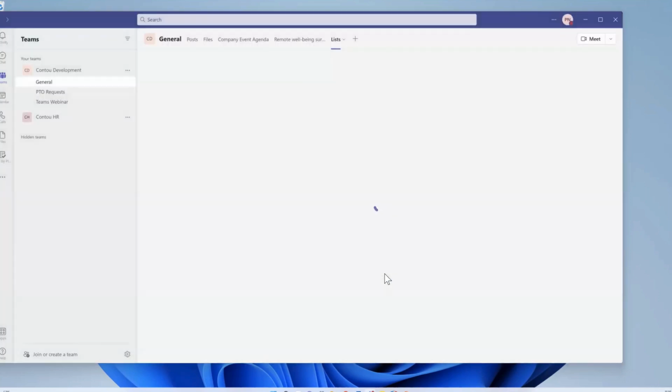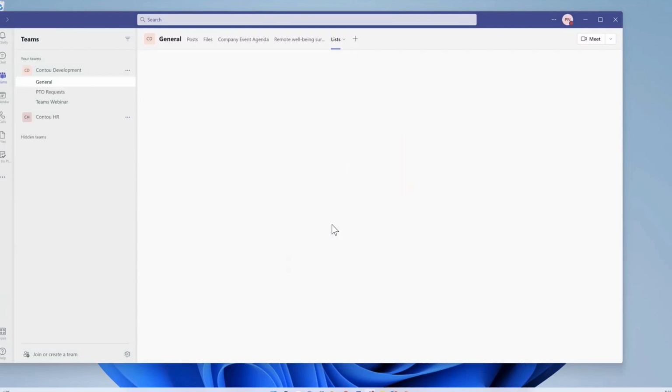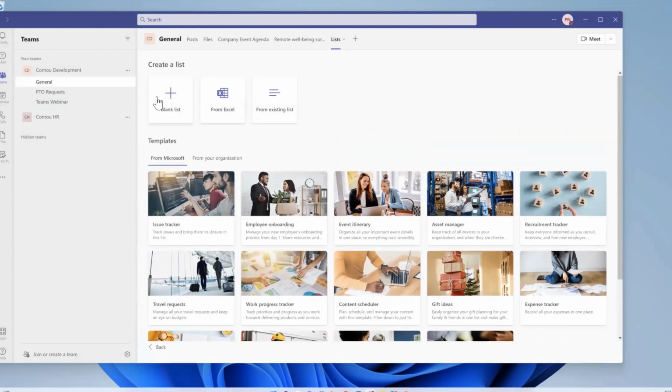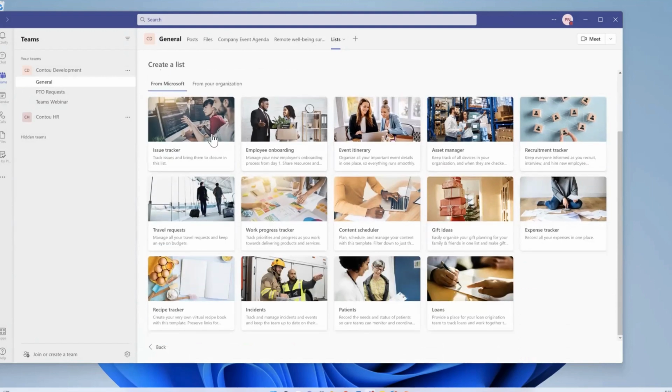And now the next thing it's going to ask me is, am I making a new list, or am I adding an existing list that I maybe have created previously? Because you can have the same list appear in more than one place if you want to. But in this particular case, I'm going to create a new list. And one of the first things it does is says, okay, start from scratch, bring something in from Excel, or maybe copy an existing list and modify it. That's fine. Plus, I have these templates here that if I wanted to, I can click